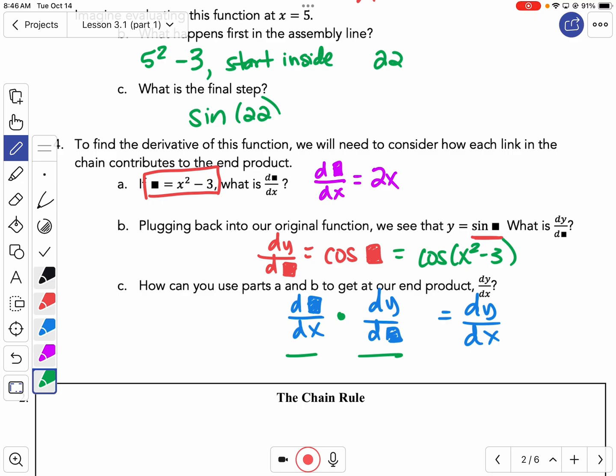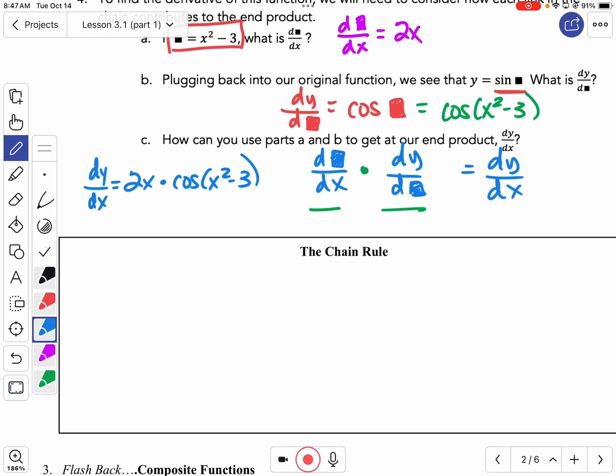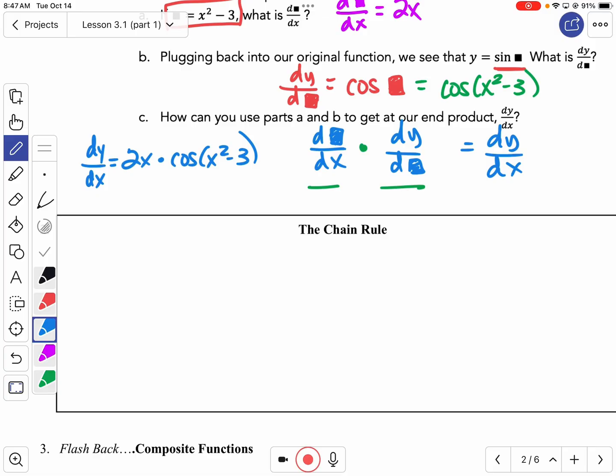So if we think about what we just did, okay, so dy dx would equal d black box dx, which was 2x, times the other one, which was cosine of x squared minus 3. Now, how do we put all that together, okay? That is the chain rule, right? It's a composite function. And so to find the derivative of any composite function,